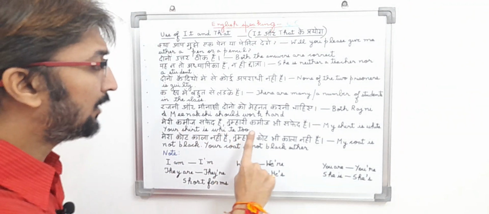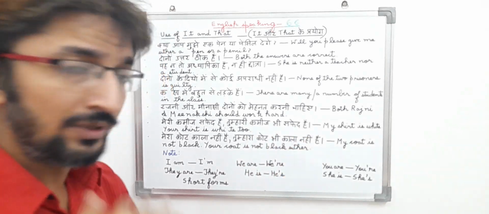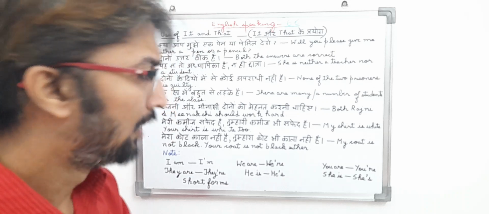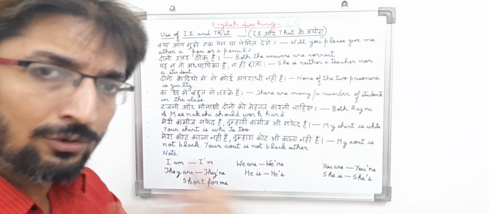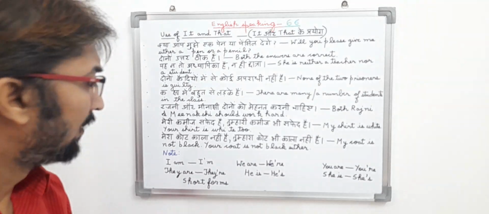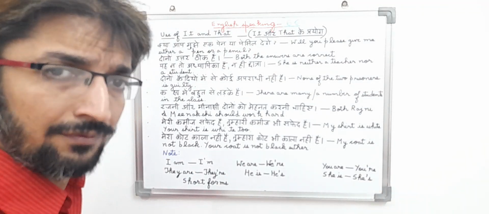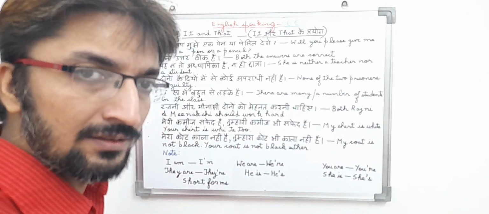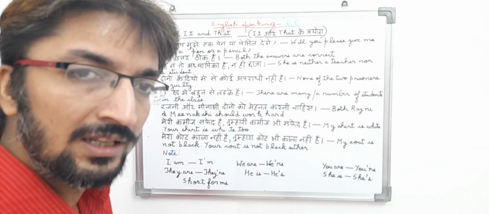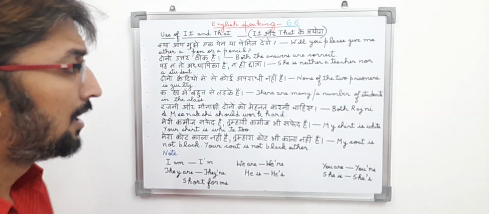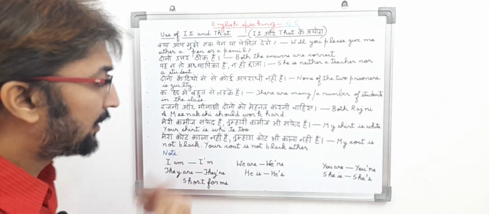मेरी कमीज सफ़ेद है, तुम्हारी कमीज भी सफ़ेद है. So in English it means my shirt is white and your shirt is white too. The sentence is basically mentioning about the shirts of two persons. Basically the sentence is saying मेरी कमीज सफ़ेद है और तुम्हारी कमीज भी सफ़ेद है. So there is a comparison between two persons, me and another person, and both are wearing the same color shirts.